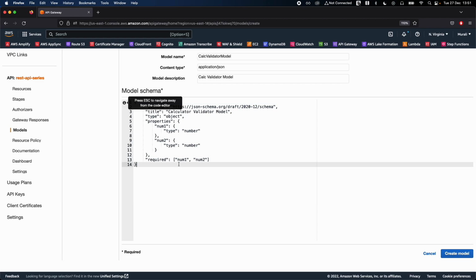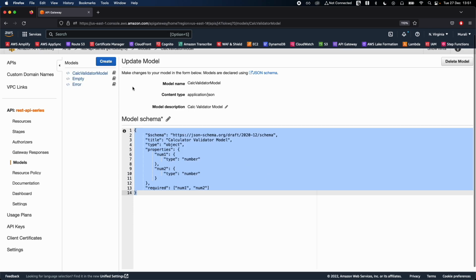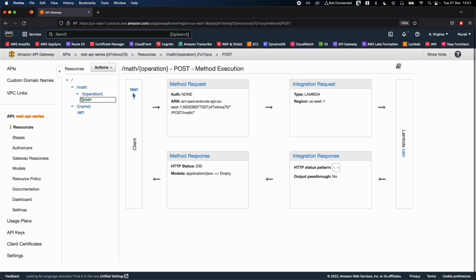To navigate away from the code editor, you go ahead and click on create model. Once you're happy with this, click on create model, like so. Now that you have created a calc validator model, go back to the resources, and in the post method,